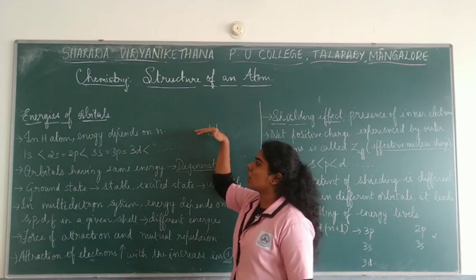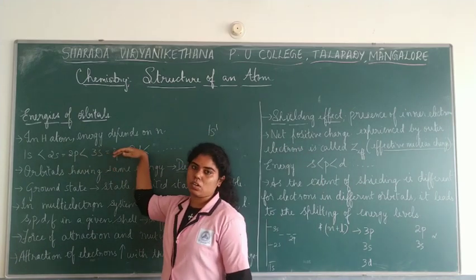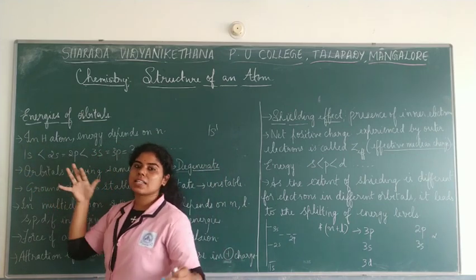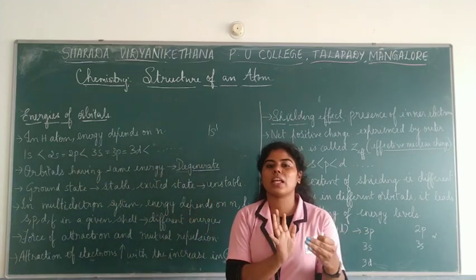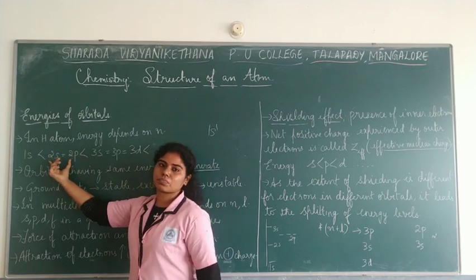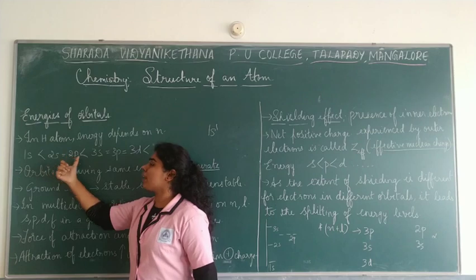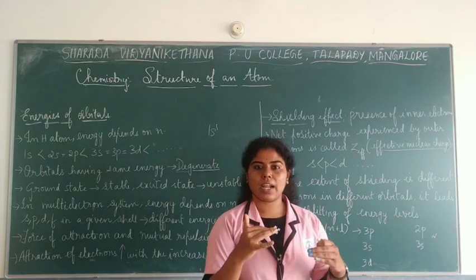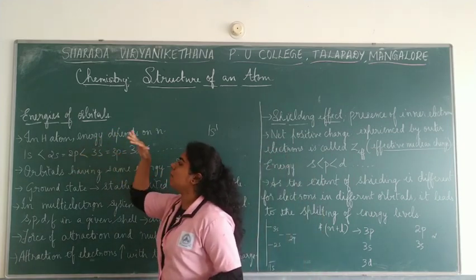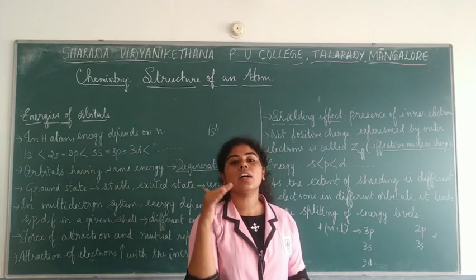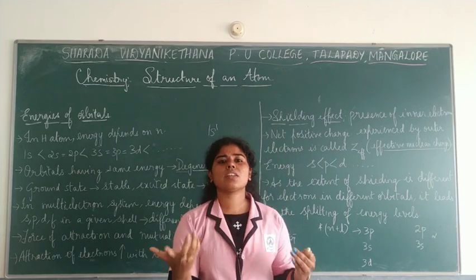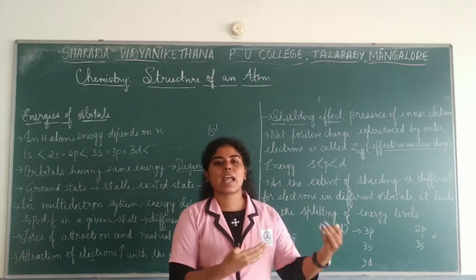Now, if you compare the energies of different shells, the first shell will have very little energy as the electron attains stability close to the nucleus. Then if you talk about the second shell, 2s and 2p orbitals will have the same energy, right? Because they come under one particular principal quantum number. So in the hydrogen atom, energy depends only on the principal quantum number, which is n, because there is only one electron. If we have many electrons, then the energies may change.